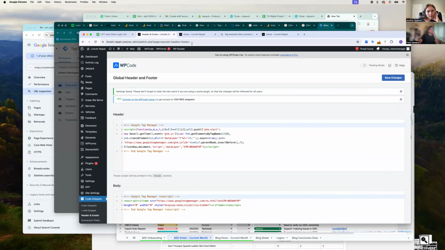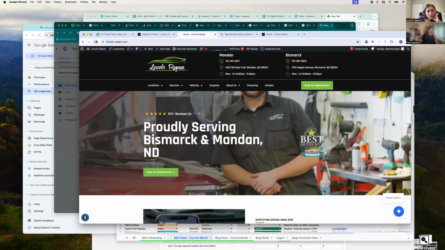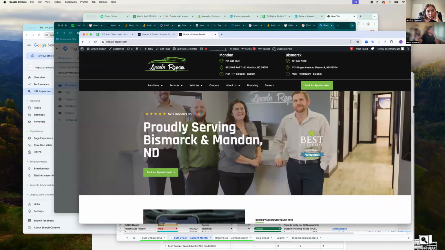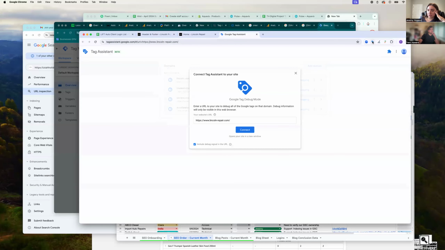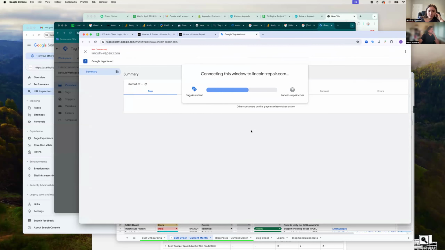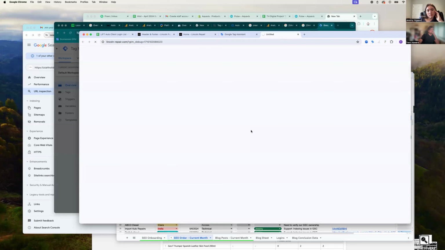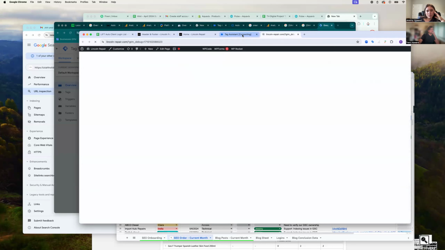In theory, if I refresh this, that just automatically puts it on every page. So it puts it in the header of the site, and that body is going to be on every page of the site. Cool. Now, if I connect this again,